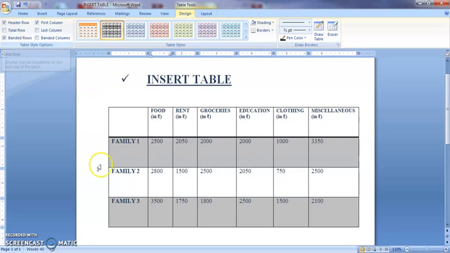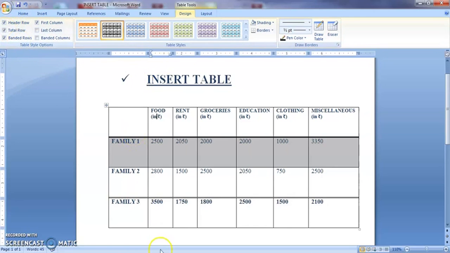Now, if you are going to insert a total column here, and you want that total column to get highlighted, then you have to choose this. Now, what does this option do? Whatever is the last row of the table, it gives a special formatting. Here it will give a special format to the family tree, because that is the last row of this particular table. Okay, I'll show you. See here, can you see the change?